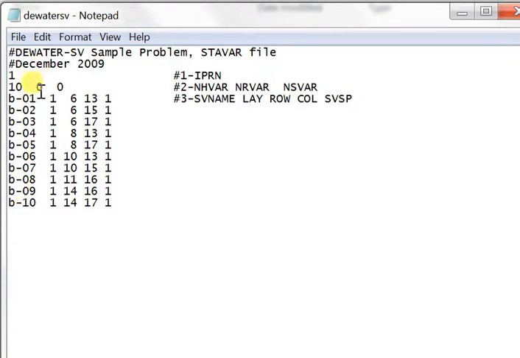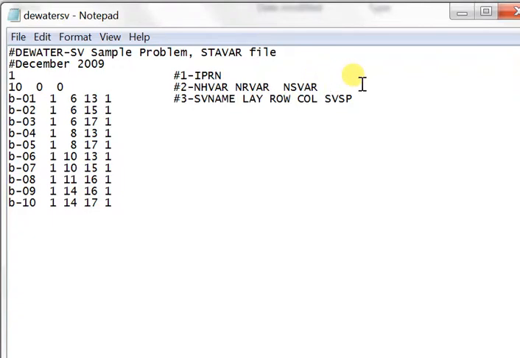State variables are also available for other properties of the system. In this case, there are zero additional state variables, but it is possible to define streamflow state variables. That would be the nrvar index, and storage state variables. And not shown here, but there's a fourth possibility, which is drain state variables. That would be the value of a flow from a drain,